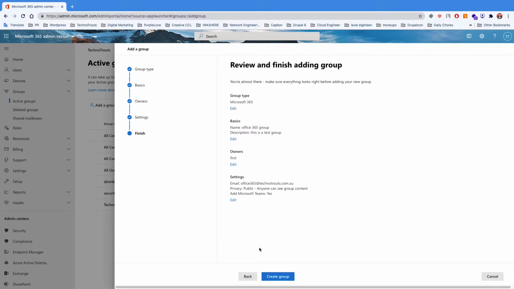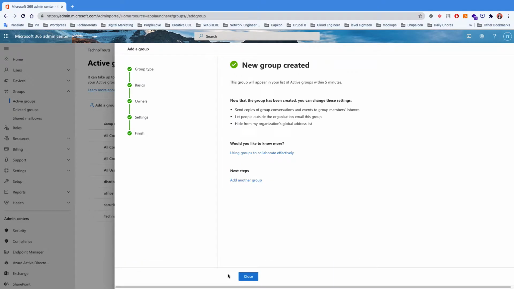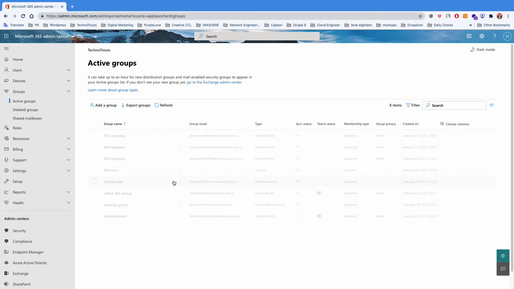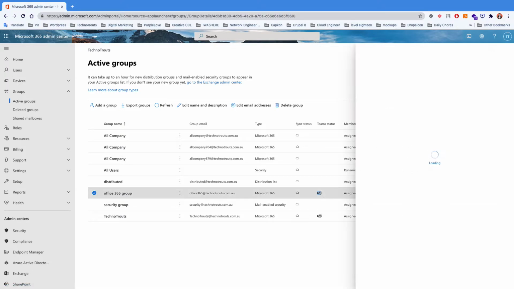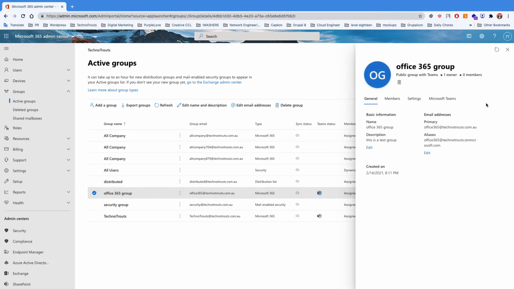So hit the next button, review before adding the group, and create the group. It might sometimes take 3 to 4 minutes for the group to show up, because it's the cloud. Yep, so it's done. When you refresh here, as you can see, the Office 365 group is here. Underneath the team status, you can see that it also has the Microsoft Team connected to the group. So when you click on the Microsoft Team and go to the admin center,